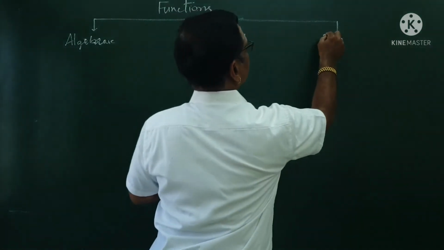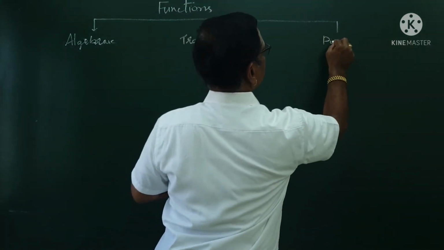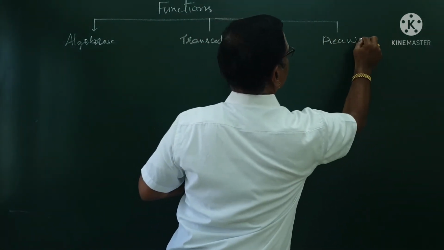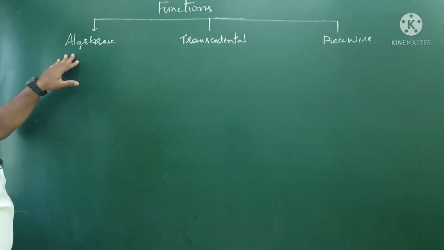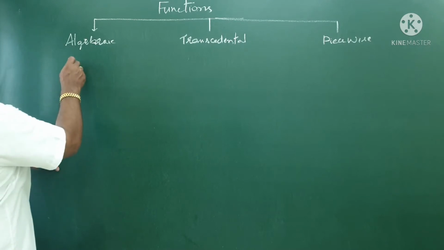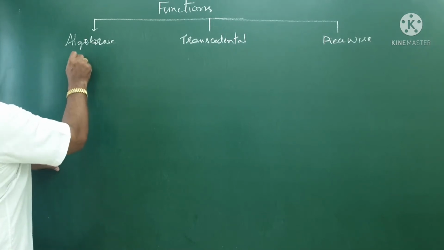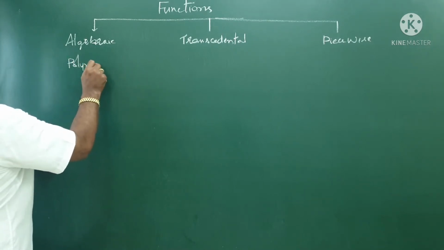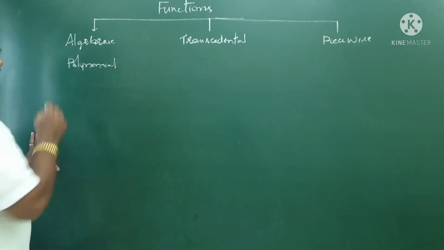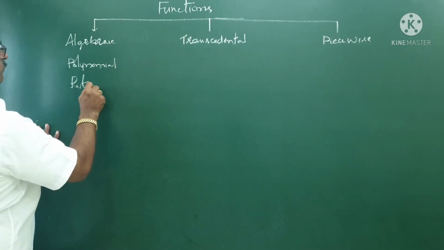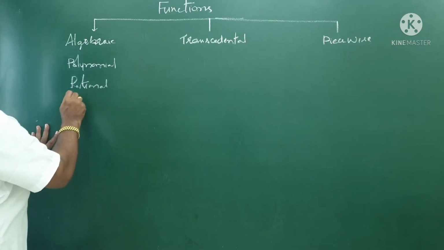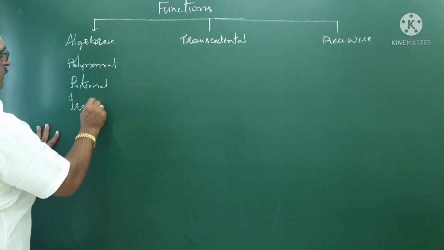And the third one is piecewise function. Now again, in an algebraic function you will find polynomial. Next one you have rational. Next one you have irrational